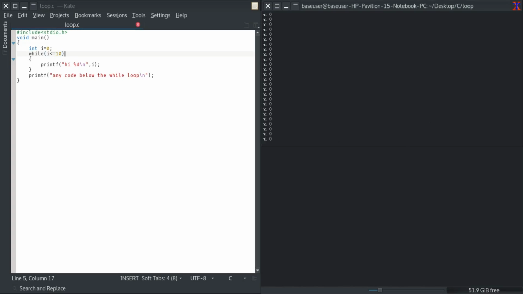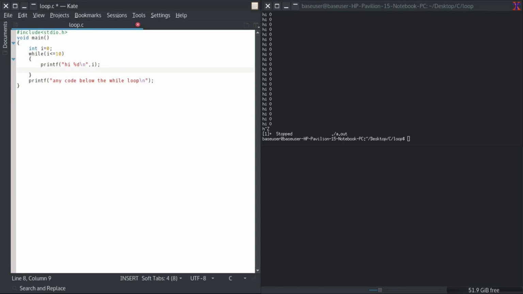And see this, hi 0, hi 0, hi 0, hi 0. I stopped it by using Ctrl+Z because I don't want my computer to literally just die. The amount of hi 0s it printed is unbelievable. It might have printed at least thousands of them. So that's why you don't use an infinite loop, because you see this never really got printed, because the loop just kept running again and again.